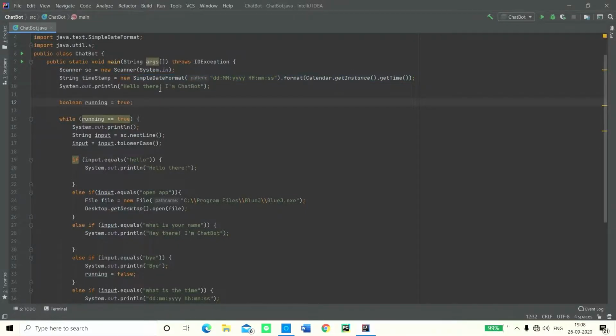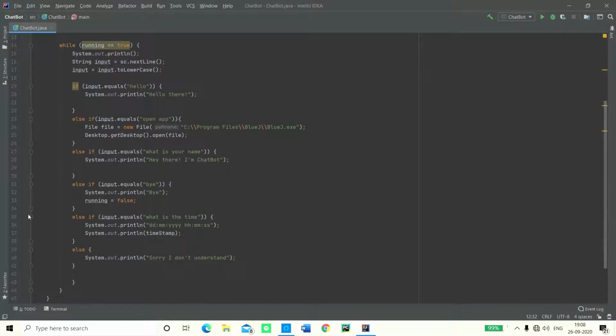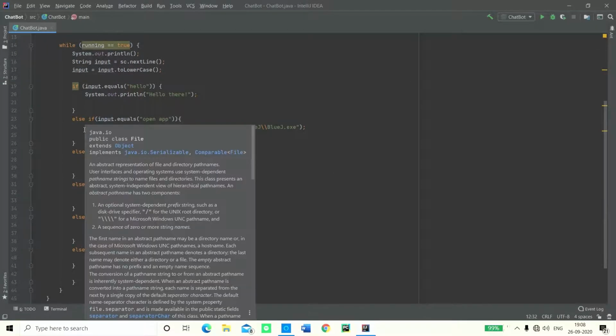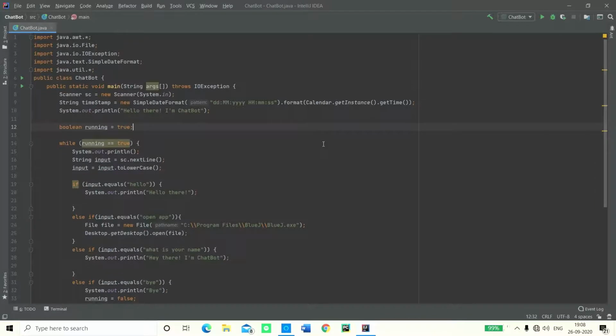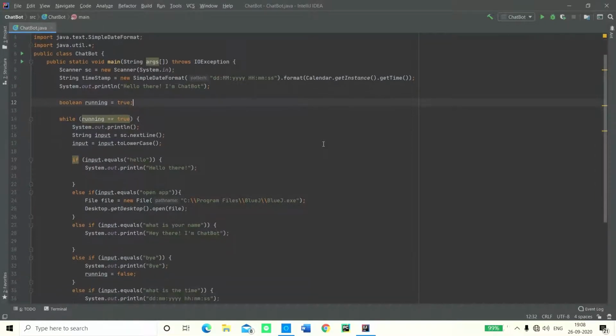All right, so now we know what the basic whole thing runs on. It's on a while loop, whether it's running or not. So of course these are all basic stuff which we have covered in the first and the second tutorials, and this is the third tutorial where we're going to be opening an app. So now for most of the people out there, opening an app is not going to be that easy.